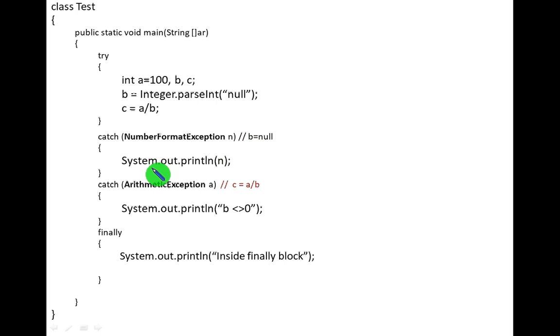Similarly, ArithmeticException will be caught when this statement is executed. But in case of finally, we need not bother about the occurrence of an exception, whether the exception is raised or not. This finally block will be executed definitely. How many times? Only one time. This is the difference between catch and finally block.